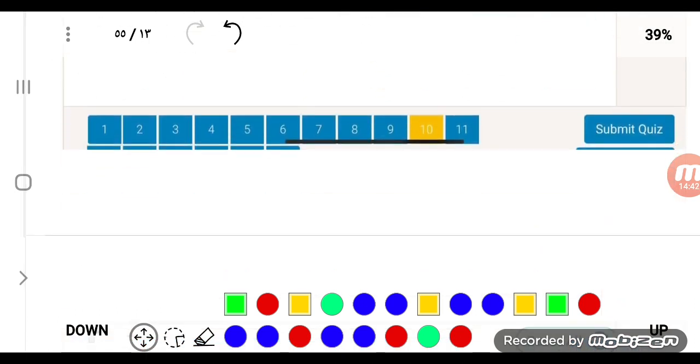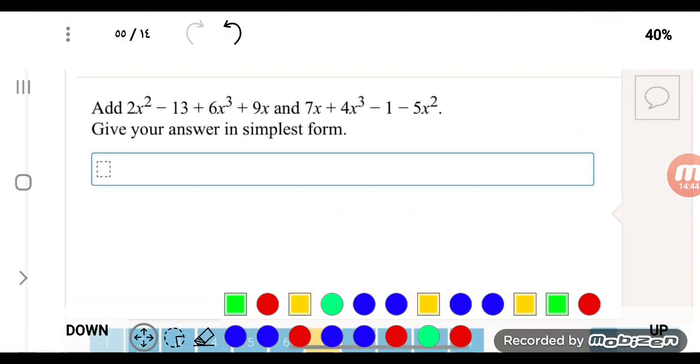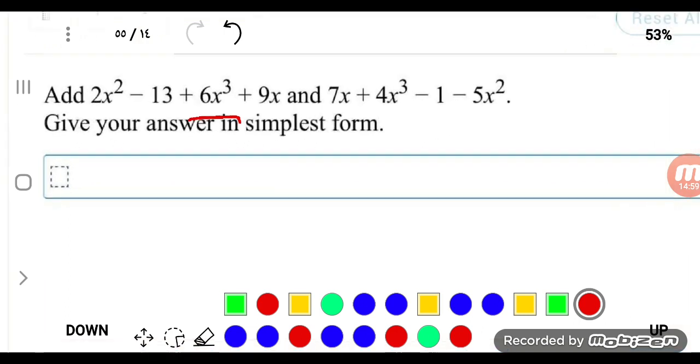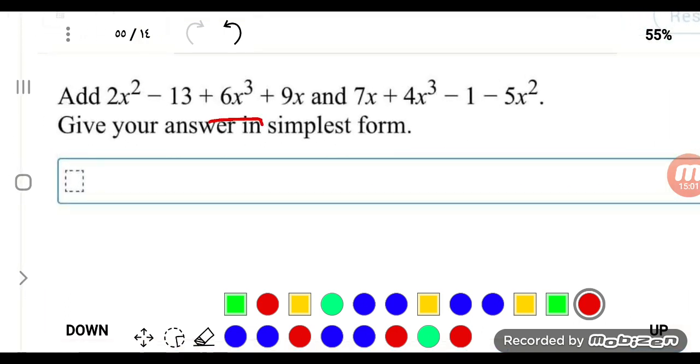Let's see the next question now. Here is the next question. We want to add these two expressions. Give your answer in simplest form. So as usual, you have to add like terms. I'll start with the highest. Here you have 6x cubed and here 4x cubed. So if you add them, what do you get? You get